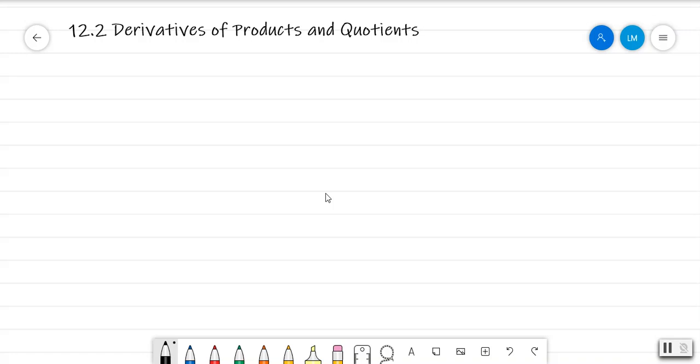Hello, so in this video I'm going to show you how to take the derivative of a product and a quotient. So one thing that we can do is look at how we can find the derivative, for example, of the following two functions. Like if we have 3 plus x multiplied by x,